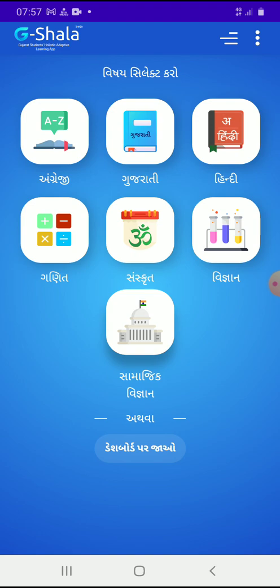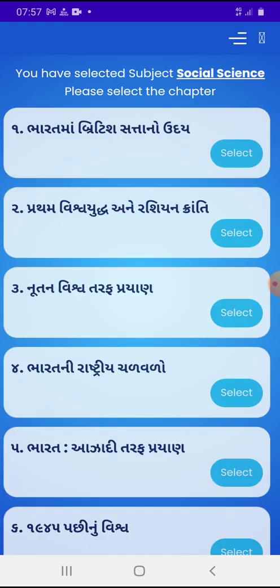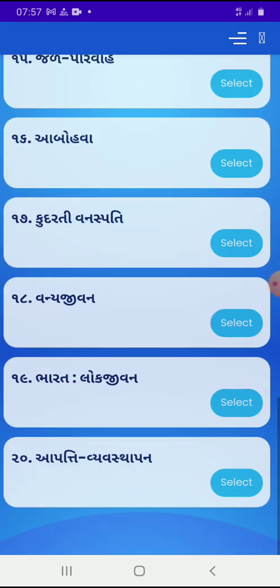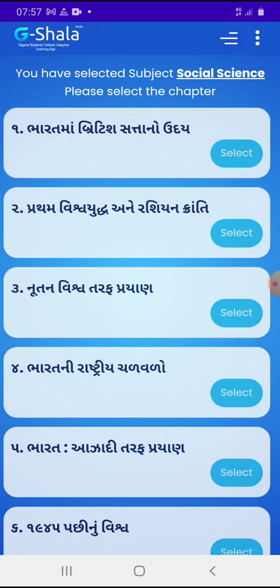Again I clarify to you that you require some patience. Here you can see the chapter names, but they come in Gujarati. Now yesterday I tried my level best to find out any option available for English medium students, but I don't think so.